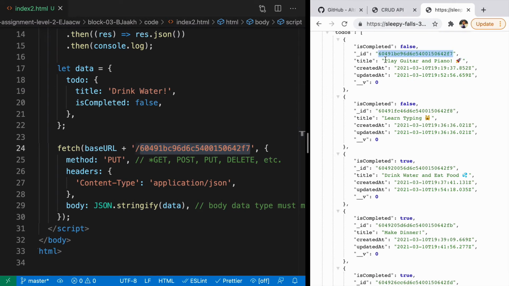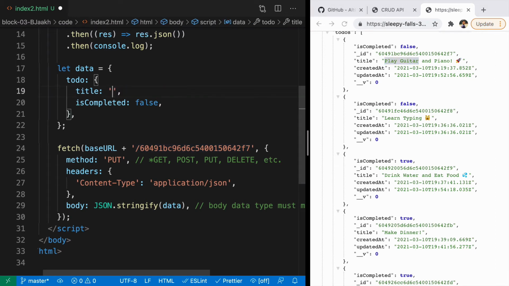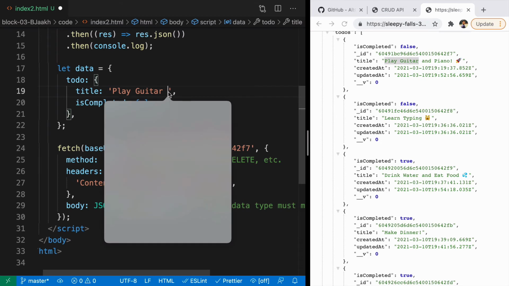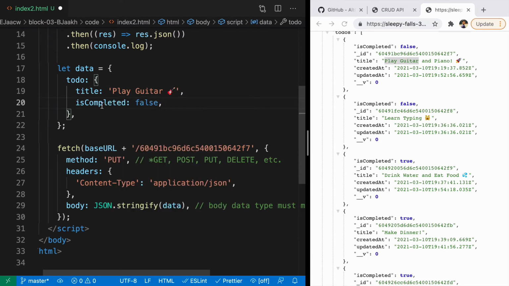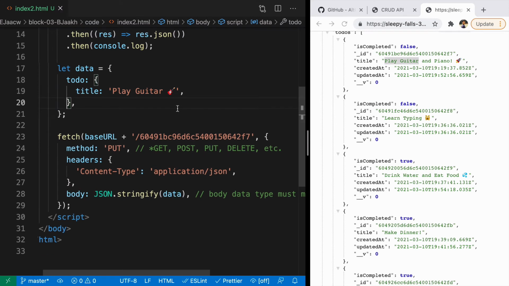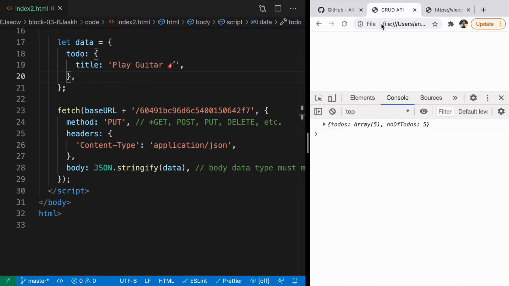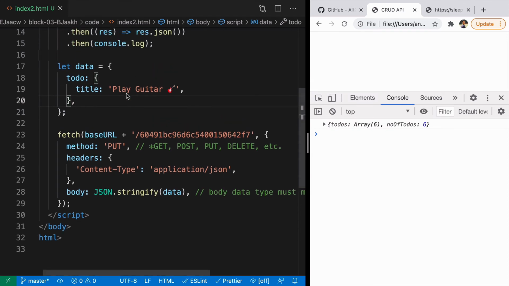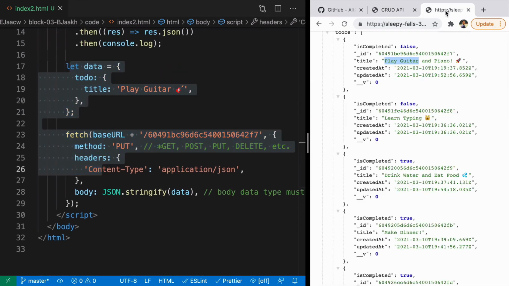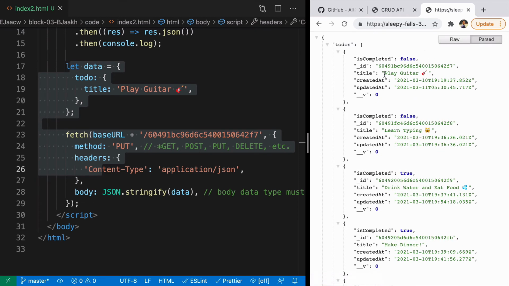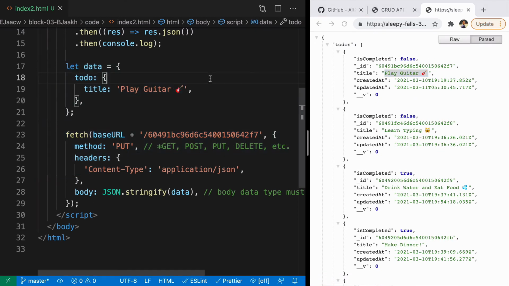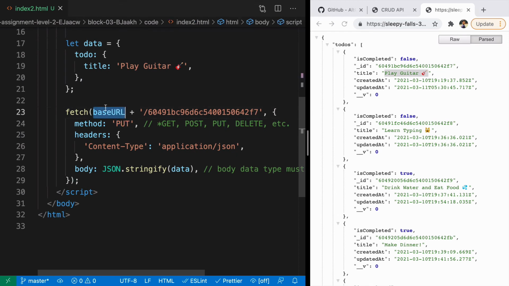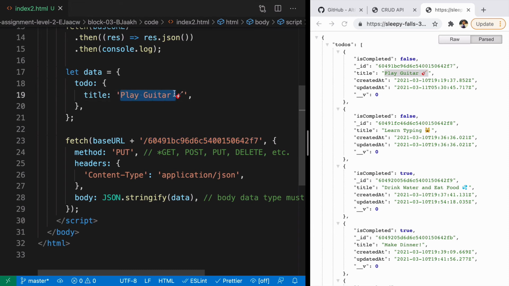And what I want to do is update this specific to-do with some other information. So this one has play guitar and piano, but I want to make it play guitar. So I'll change the data that we want to update, and we'll also add an emoji. And we don't want to update the is completed property, so I'm just going to delete that. And here, as soon as we refresh this page, this request will be made, and what we can see here when we refresh this page is that now it is just play guitar. Why? Because we made a put request on this URL of a specific ID and we updated the information to play guitar. You can also update the information of is completed.